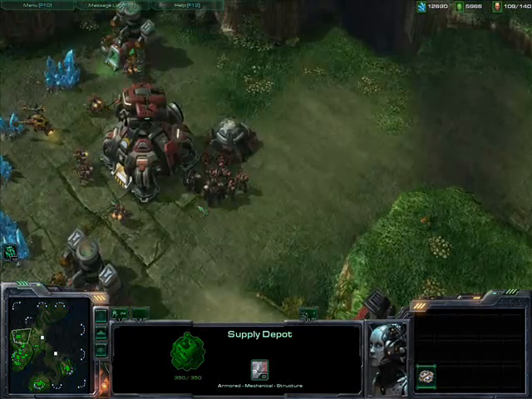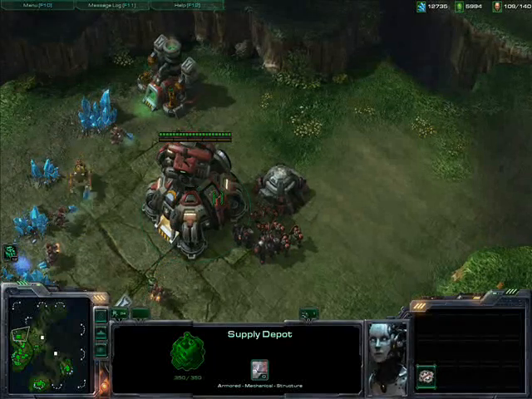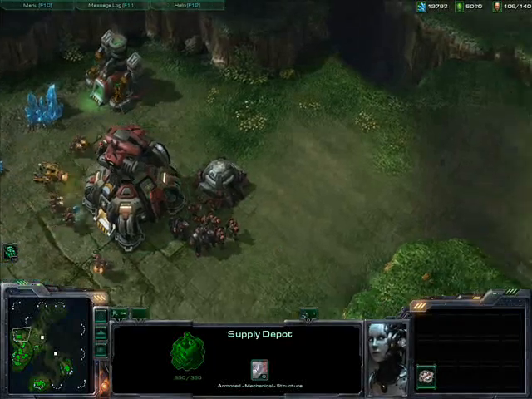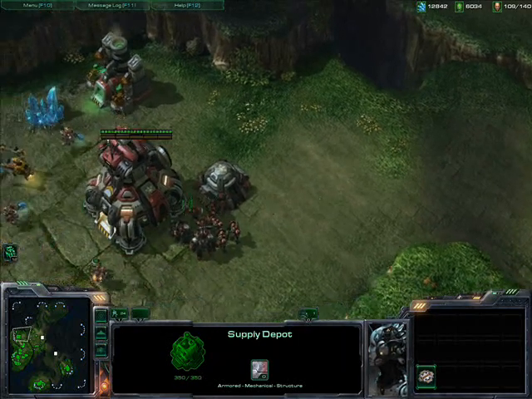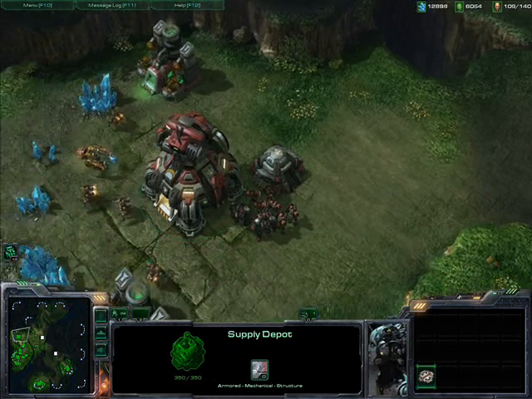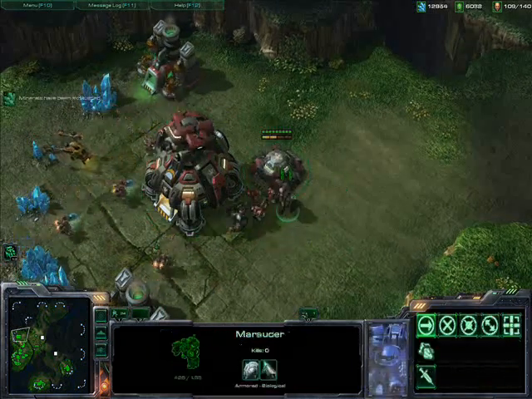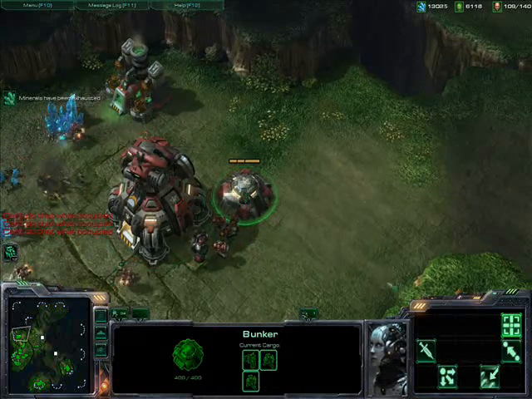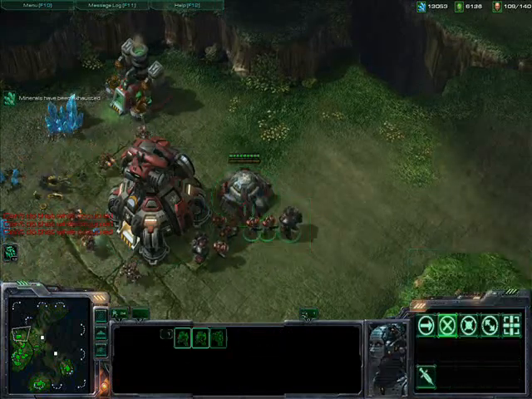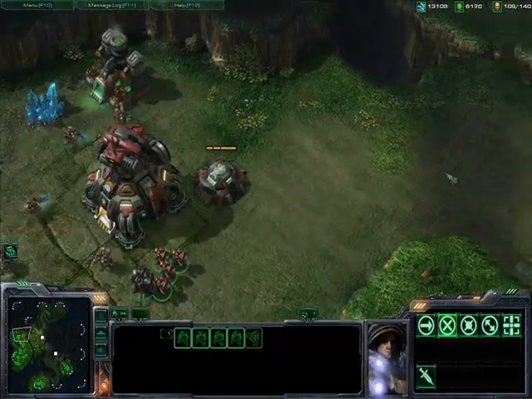Notice how I built this bunker close to my planetary fortress. The reason I did that is that it's closer to your enemy and gives you more time to buffer, but my actual firing is over here. If I have some Marines in there, and you can even put Marauders in there, they take up 2 spaces, and now they can fire. But you get the idea. Both of these guns are now more effective, so if a large number of Zerglings or Zealots come in here,